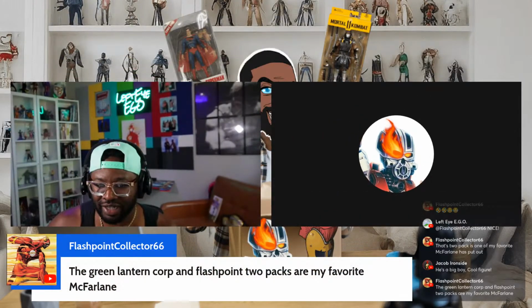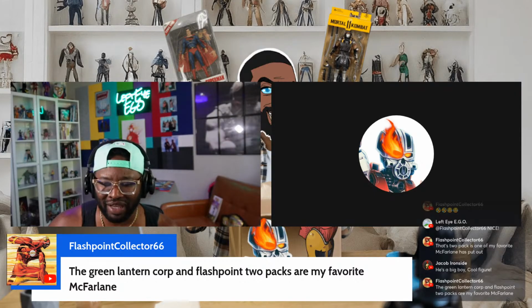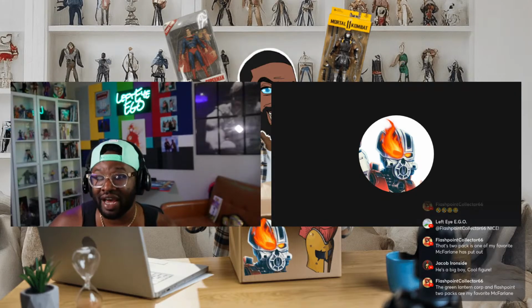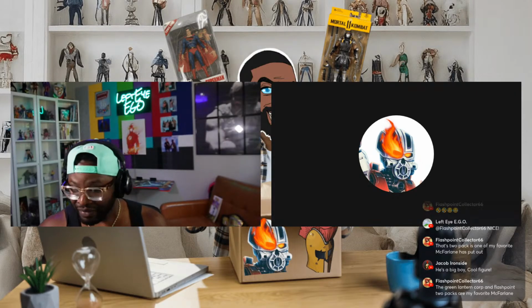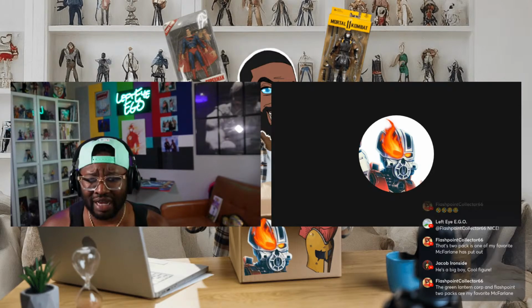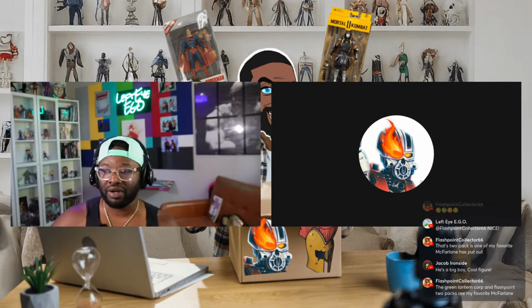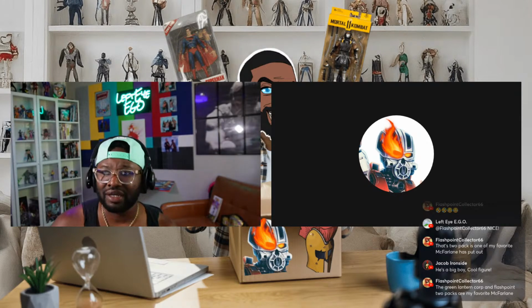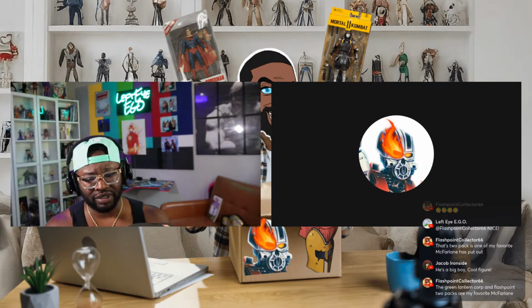So let me do this real quick. Green Lantern Corps Flashpoint 2-packs. Oh yeah, I have to look back at the Flashpoint 2-packs. Because the Flashpoint 2-pack was a Thomas Wayne and Reverse Flash. That was a nice one. If I didn't have the Reverse Flash, I would have gotten that one. So again, I got this when they did the Todd McFarlane pre-sale, or wasn't that pre-sale? He did a sale maybe back around Easter, I think, for this one.